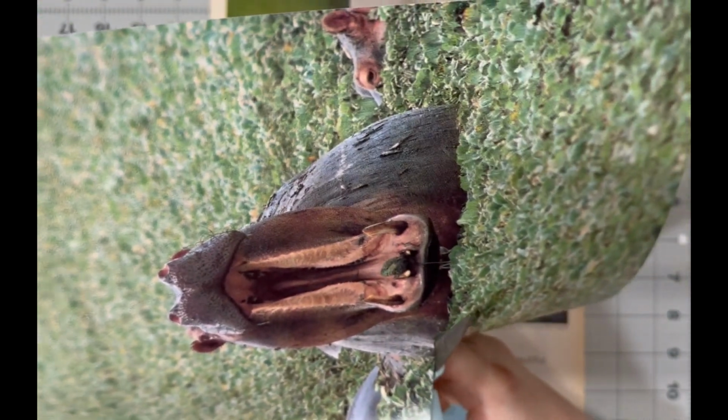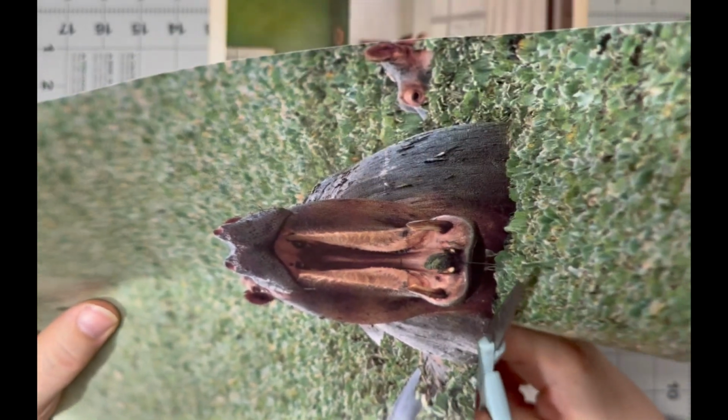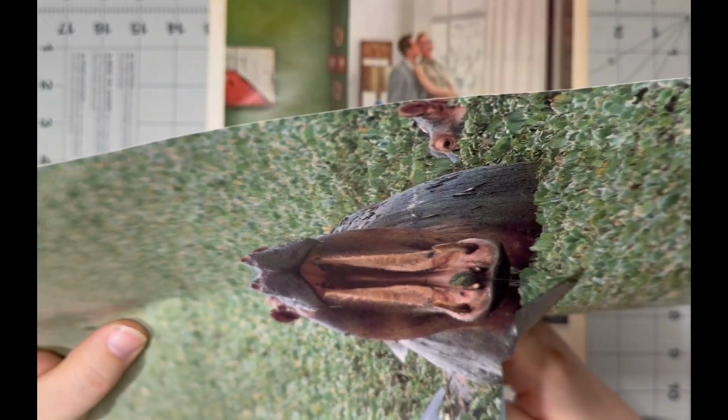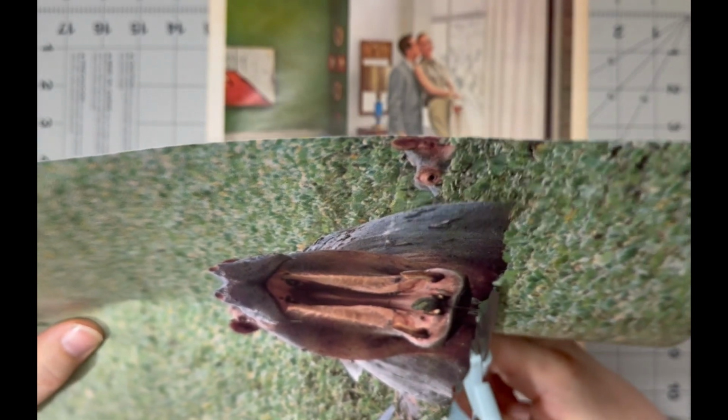And I don't have to be really precise with where I'm cutting the hippo on the bottom because it's going to be tucked in the beefaroni. So I can be a little quick with that section. And then just get around to